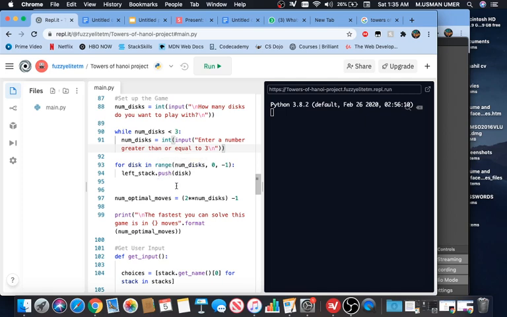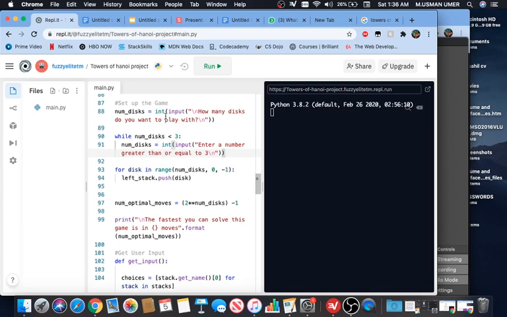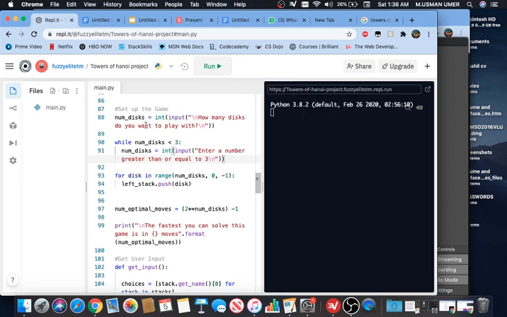And then on the leftmost stack, it's gonna push all those disks. So first it's gonna push the third, then the second, then the first. So that's where we're gonna iterate it backwards. Because remember, if I put in 3 here, how many disks do you want to play with? I put in 3, and if I don't iterate backwards, it's gonna go 1, 2, 3. So it's gonna put the smallest, then the second smallest, and then the biggest,